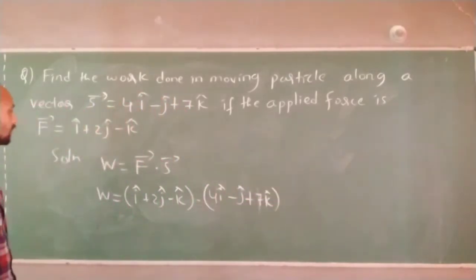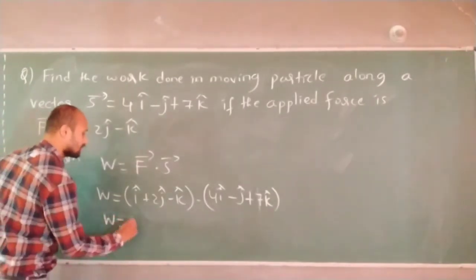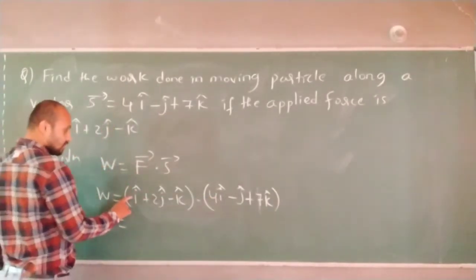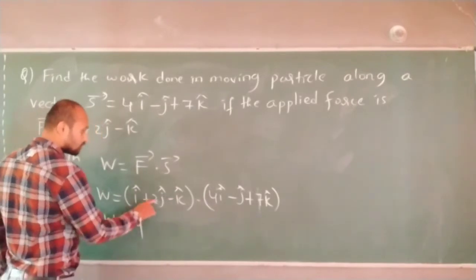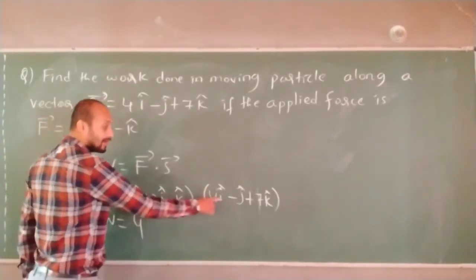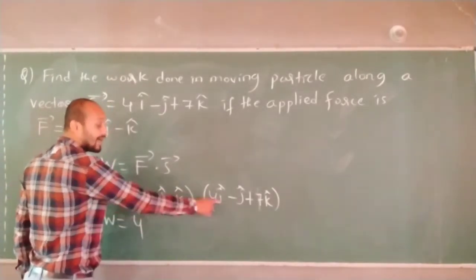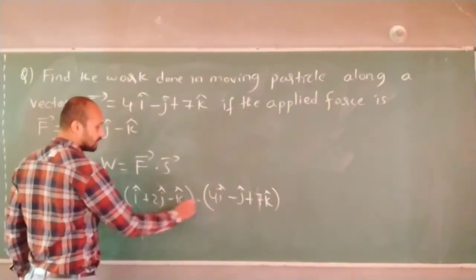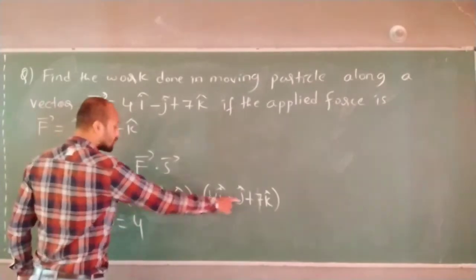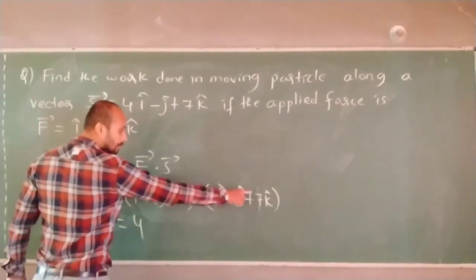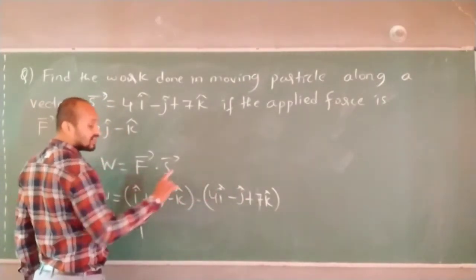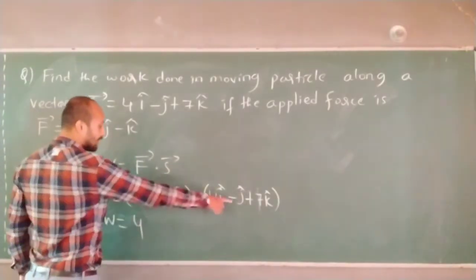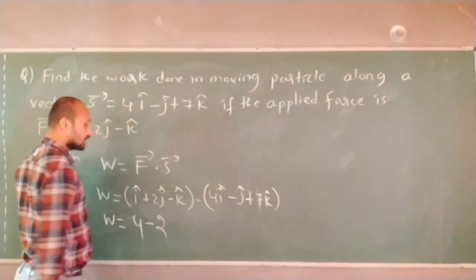7k. What is that? So find out i dot i, 1 into 4, and 2 dot j. Why am I not multiplying this? Because j dot i will become 0. Once again I am telling, this content will become 0 always. So 2 j cap minus j cap: j dot j will become 1. So 2 into minus 1 is minus 2. Correct?